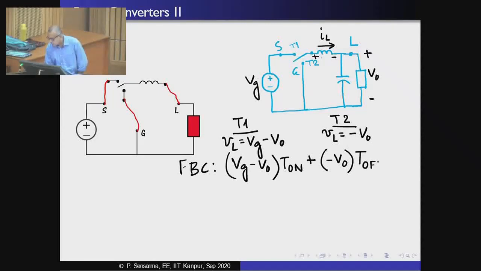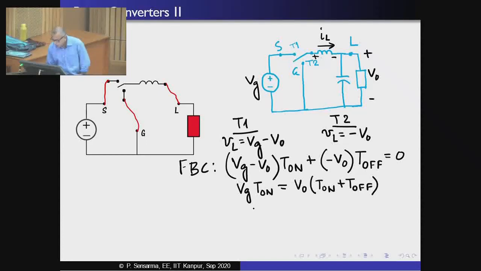So, that is T off equal to 0, that is the flux balance condition. Now, again if we rearrange terms, so we get Vg T on and we take all the VO terms on the other side. So, we get T on plus T off and VO by Vg is equal to